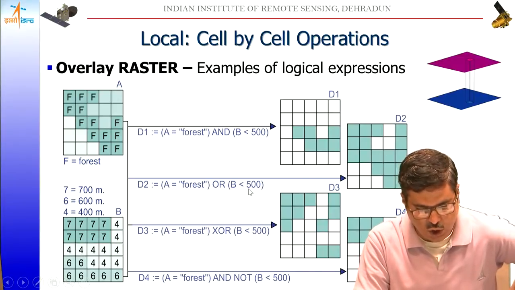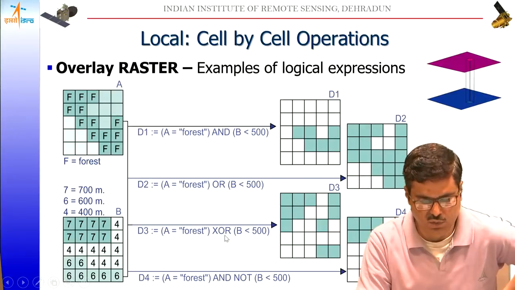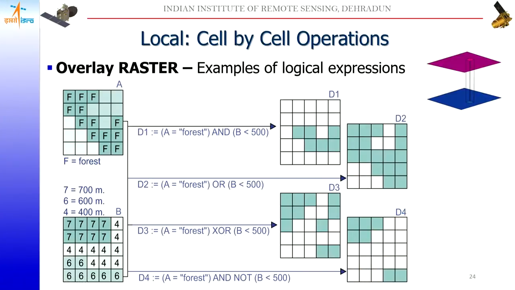Similarly, we can also use an OR operator or the other logical operator, XOR, which is called an exclusive OR. The difference between OR and XOR is that in OR the output will come if either condition is true, or both may be true. In the case of XOR, only if either of the conditions is true, not both, is it called an XOR.